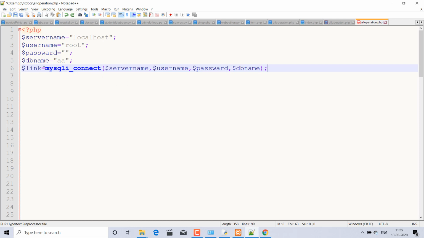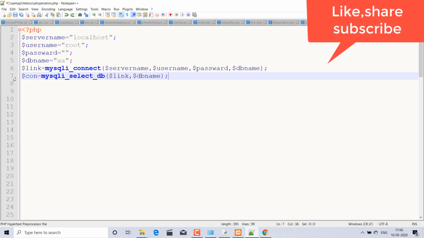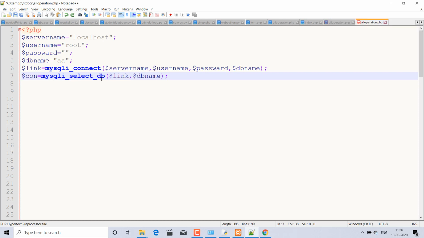Okay, and after declaring the link variable, I declare the connection variable, $con equal to mysql_connect_db. It means my program will connect to the database, and the database will be accessed by this PHP script.